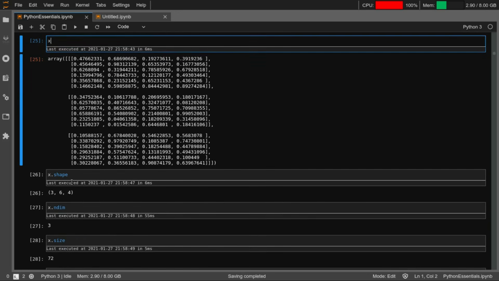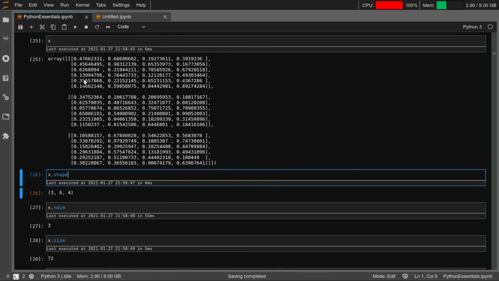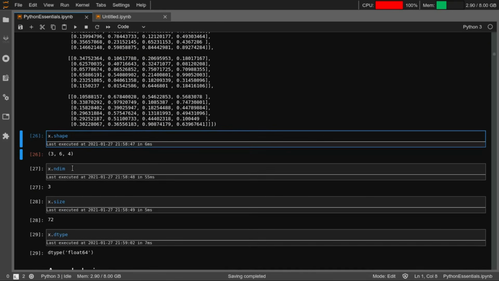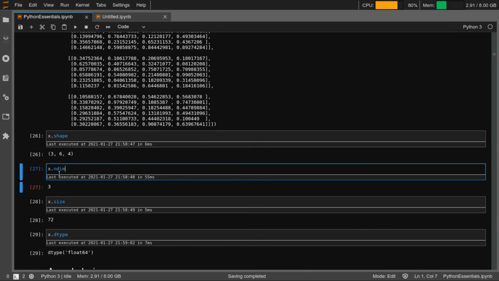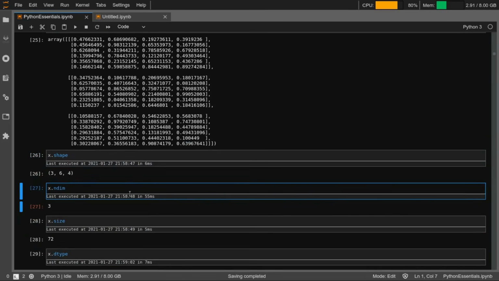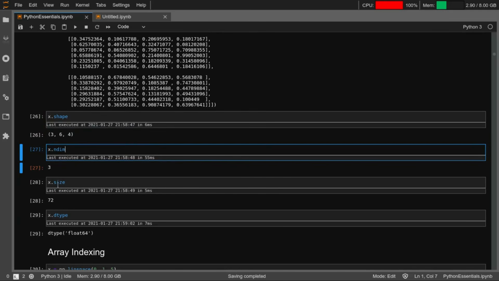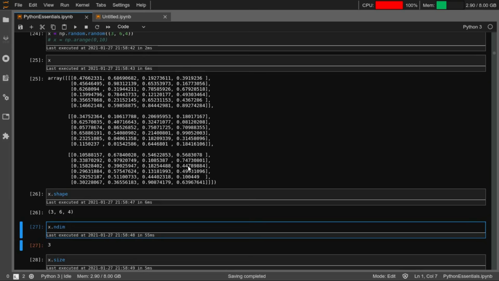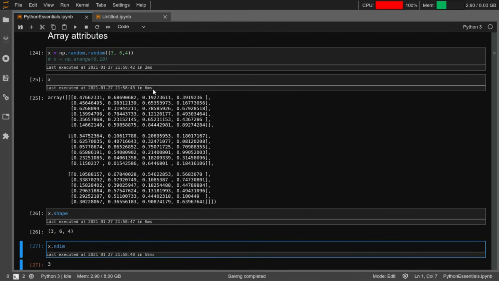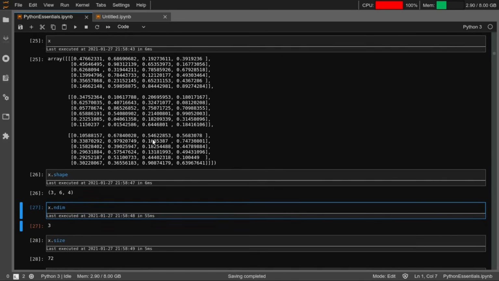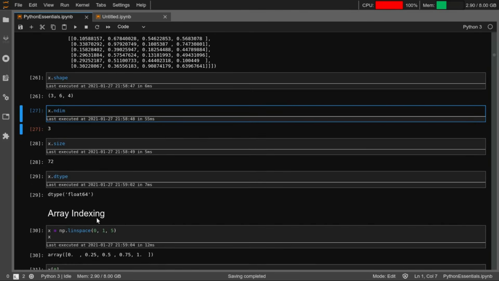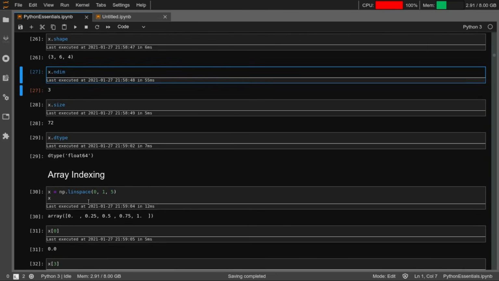If you want to find out the shape of any array, you just say x.shape. This is something that we have seen. x.ndim will give you how many dimensions it has. So it's a 3-dimensional array, so it will return 3. If you give a 2-dimensional array, x.ndim will be equal to 2. Right? x.size will give you the total number of elements in this array. So it is 3 cross 6 cross 4, and if you type x.size, it will count all the elements present, which amounts to 72. And x.dtype will return the data type of this array.